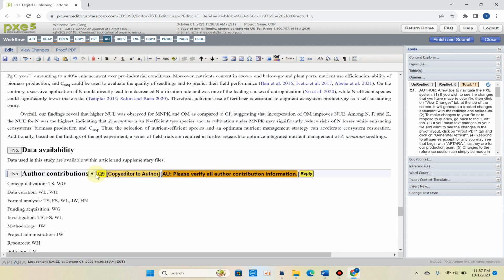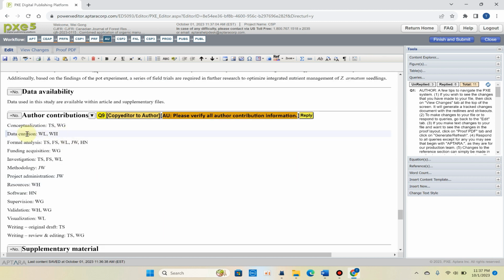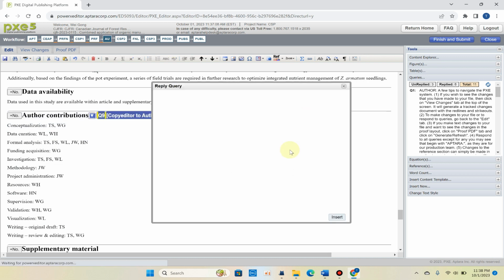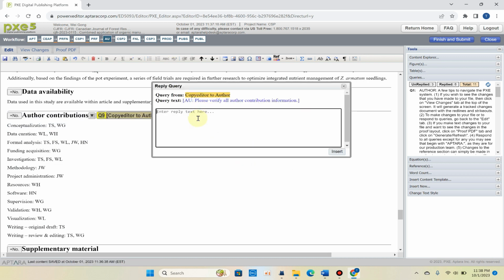That's it. And here you can see the copy editor is asking please verify all authors' contribution. Yeah, here that which author has done which part of the research work. So we can similarly write, I can confirm